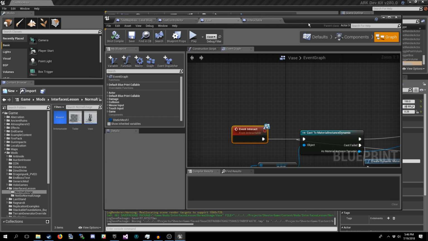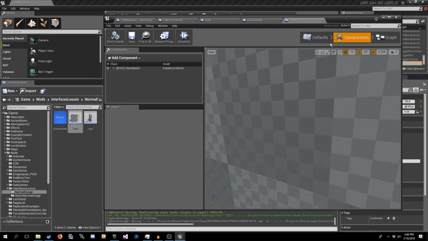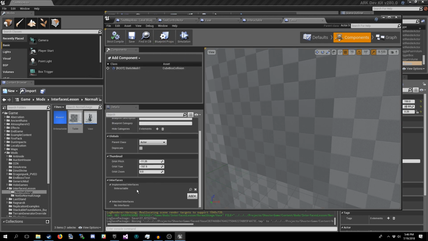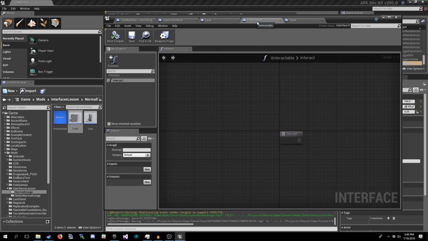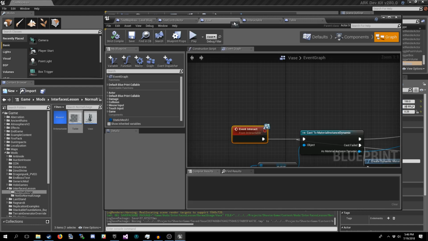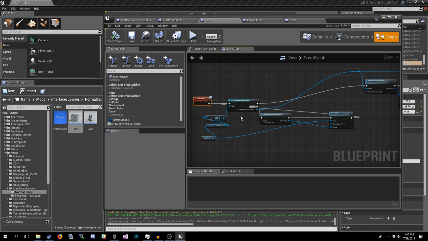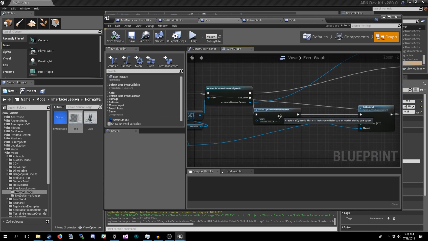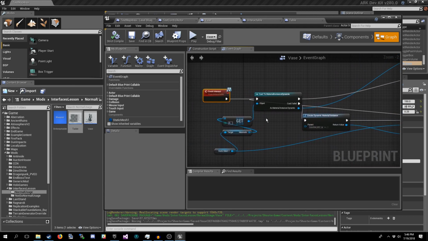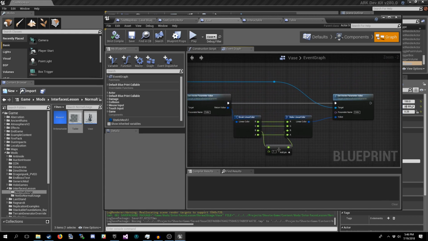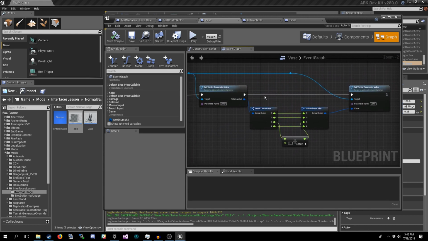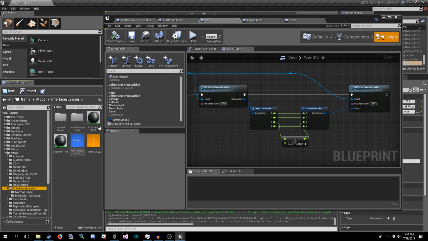So, we have both the table and the vase implementing this iInteractable interface. And all that's here is just this interact event. On both of them, it adds a dynamic material instance to the mesh, and then it changes the color parameter on that material, which you can find up here.